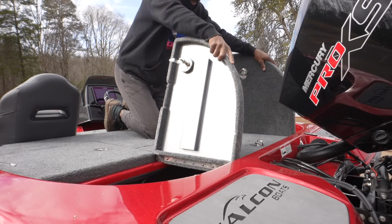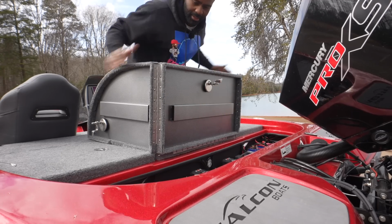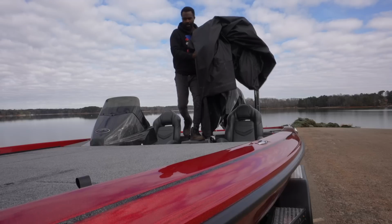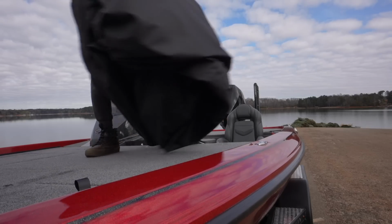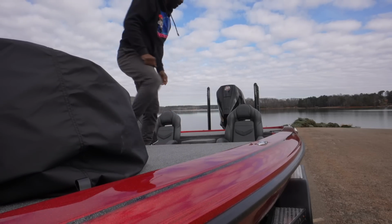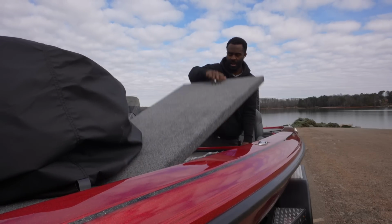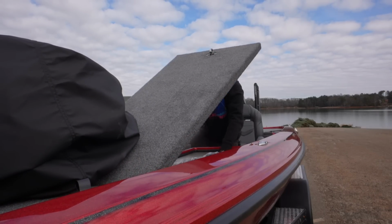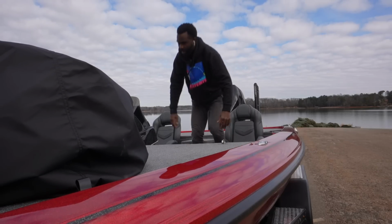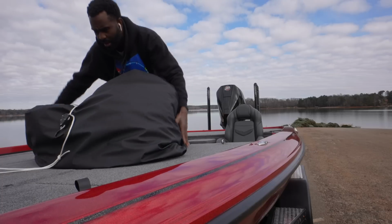One being the business end of the boat. When I say the business end, I'm really talking about the back end of the boat. I didn't really realize this until I owned a couple boats. Like being able to rig my boat properly and have access to all my battery compartment in the event that I have something go wrong, which if you have a bass boat, I guarantee you know there's a lot of different things that go wrong on a boat. But having access to everything really easily,